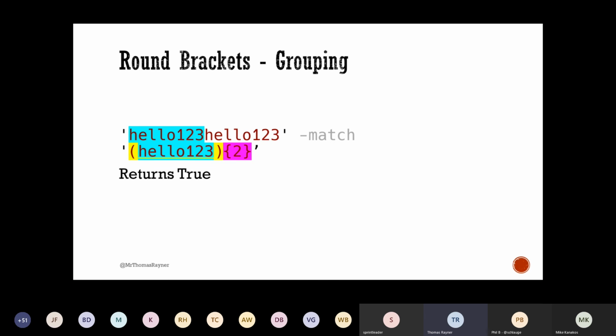So it's going to say, hey, there's my hello 1 2 3, and yeah, I have it twice in a row, because I'm looking for that whole thing twice in a row, and it's finding that pattern. This top string, the entire thing is one match to this one pattern.